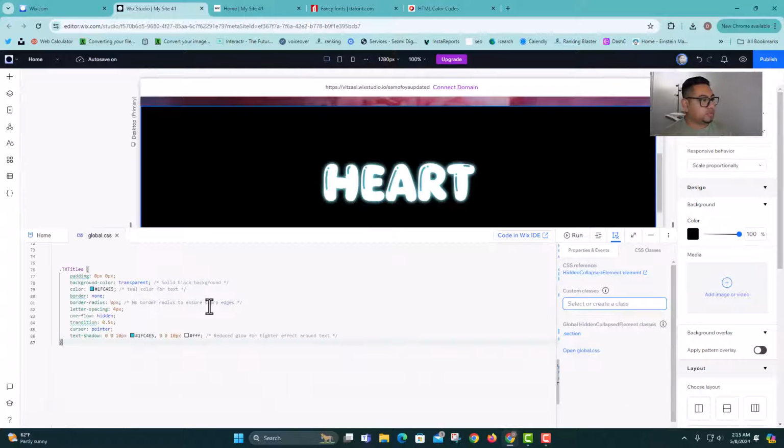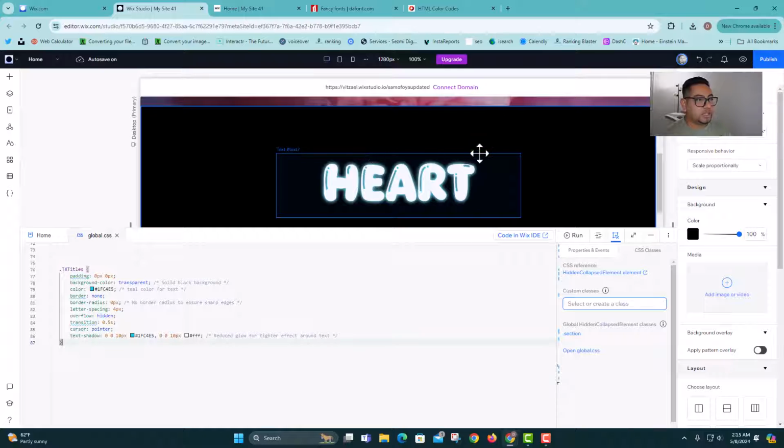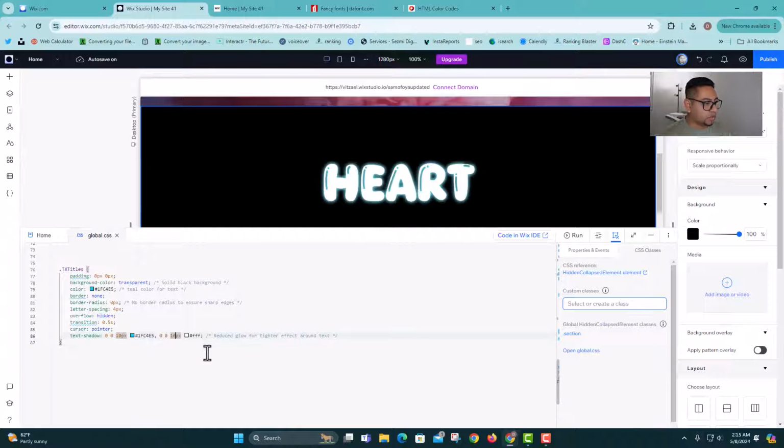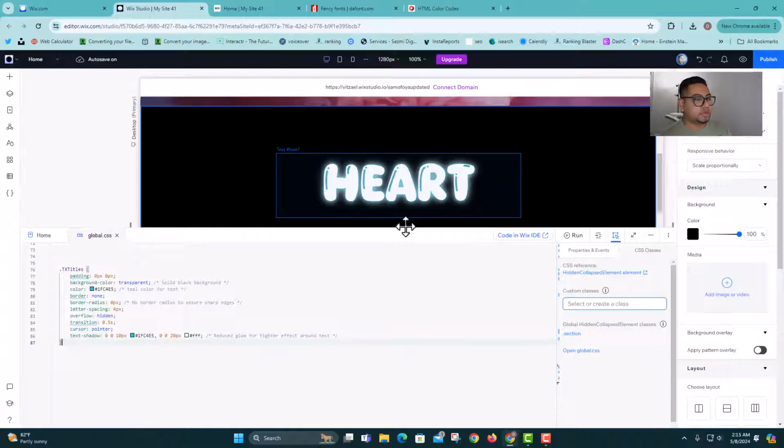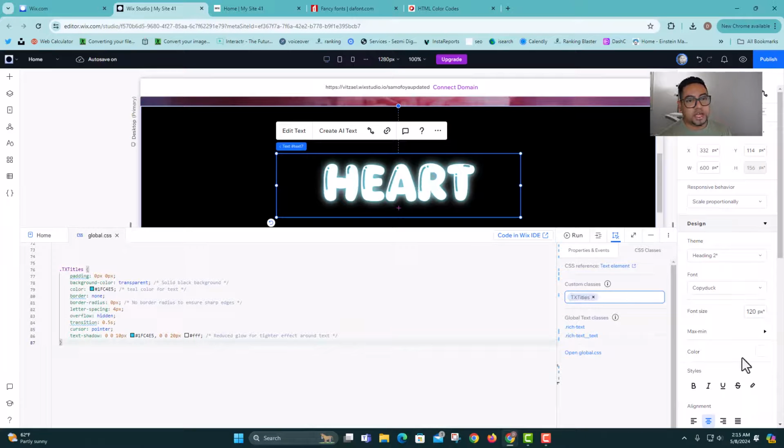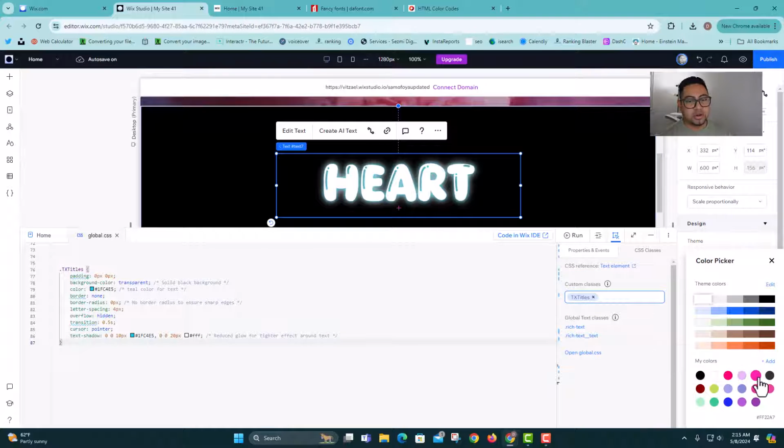Very simple to just modify your item. So let's say you want a bigger glow. Okay, so we can do this, change it to 20, and then when you do it, it takes a second. So as you can see, now it's more visible. And then I can click on the actual text and change the color. So let's say if I do that, now you can see it more. If I do a different color,